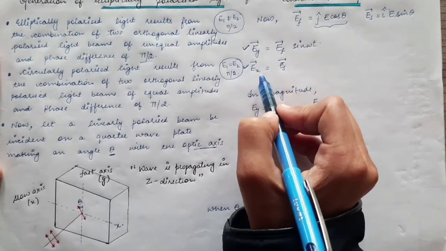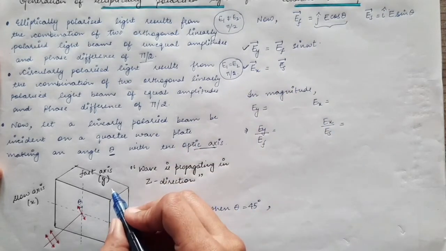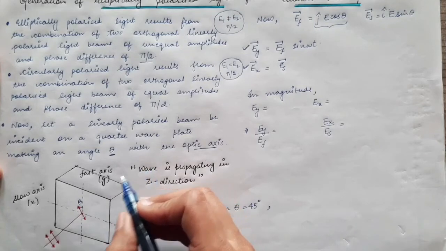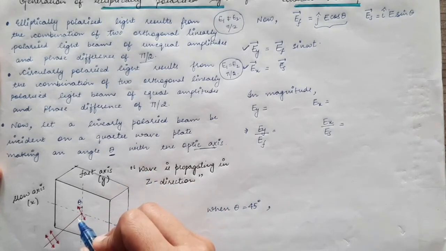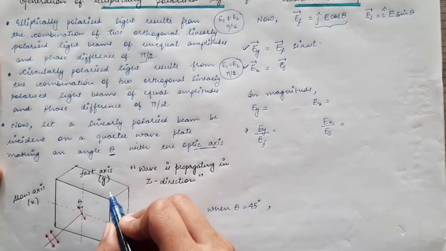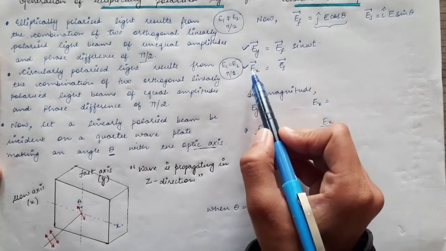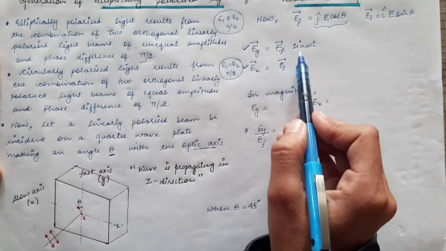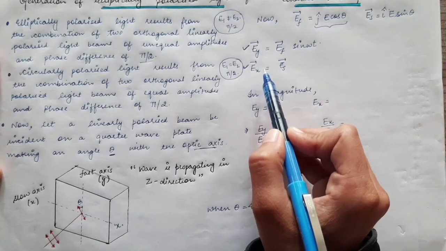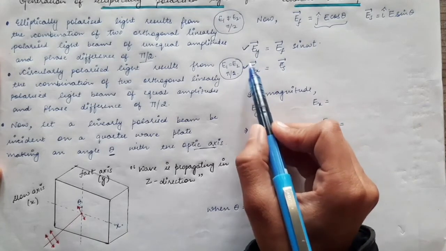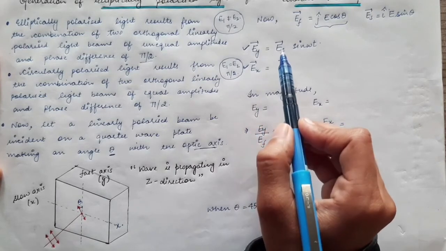Now these two components which I am taking along the y and the x-axis are the components of the electric field when the light gets out of the plate. So this is the incident light, and it can be divided into two components. Now when this light ray emerges out of the quarter wave plate, I am taking the y and the x components. The y component is a sinusoidal function, and the x component will have a phase difference of pi by 2, because this is the working of the quarter wave plate.